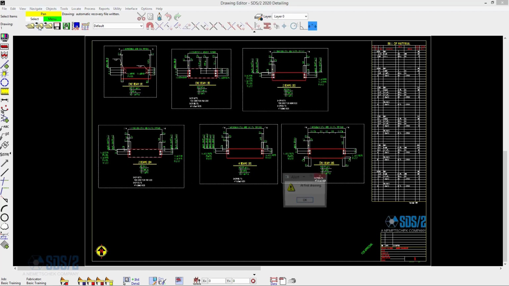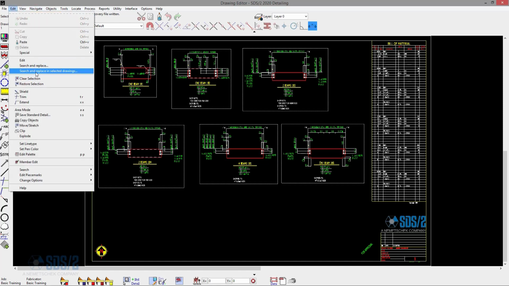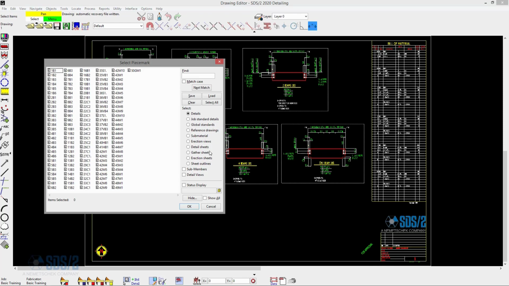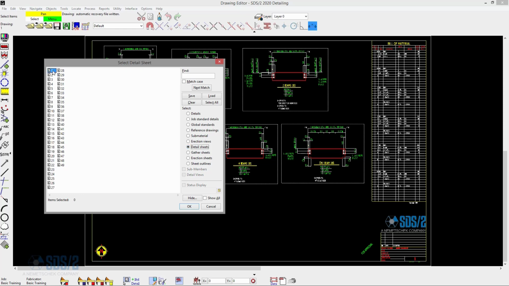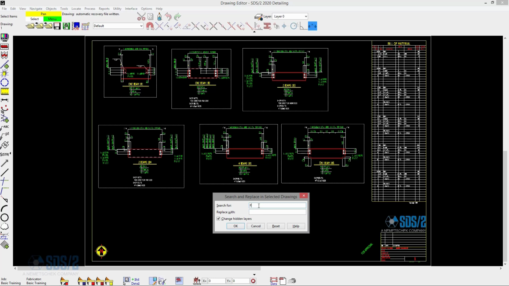So again, using the search and replace, if I decide this is now for fab, I can come in here and I can say edit, search and replace and select the drawings. I can pick my detail sheets. I can select those sheets, say OK, and I want for approval to now say for fab. If I say OK,